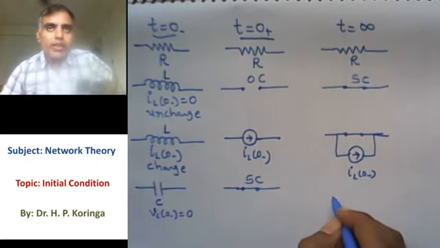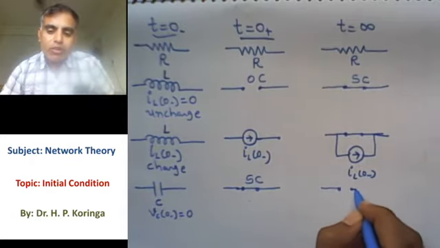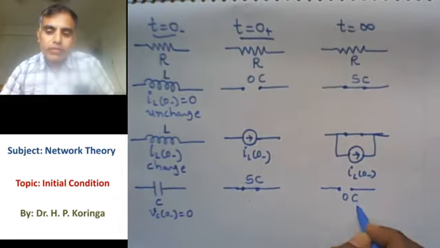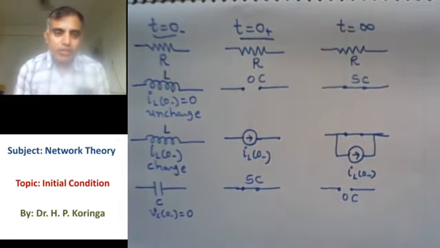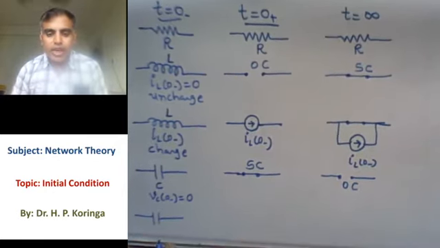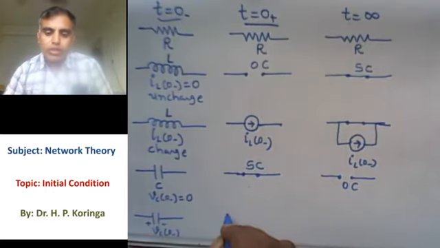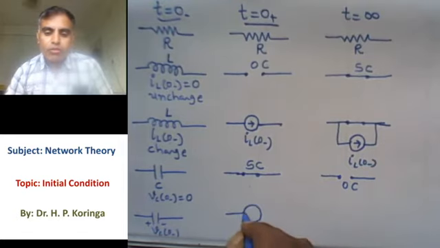And once we provide enough time to charge any capacitor, at t equal to infinite time, it works as an open circuit. Once the capacitor is fully charged, it works as an open circuit. Now last, any charged capacitor. Any capacitor which is charged, and the initial voltage across the capacitor is, suppose, Vc of 0 minus. So this capacitor at t equal to 0 plus time works as a voltage source. The value is Vc of 0 minus.